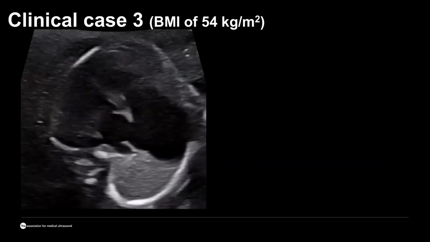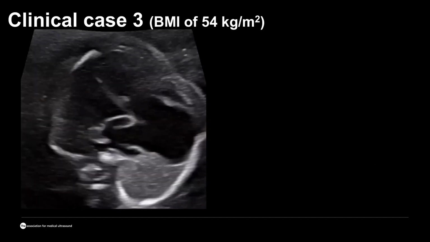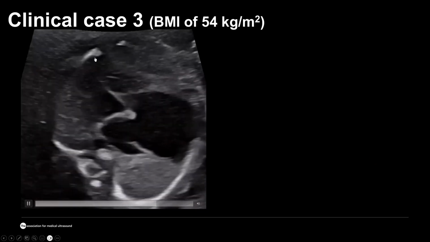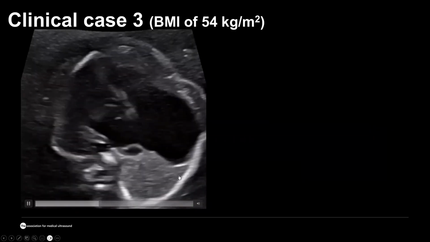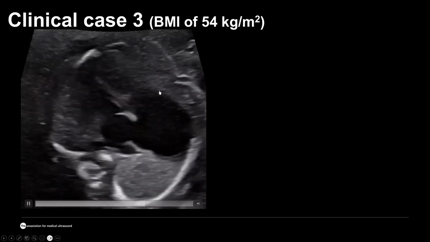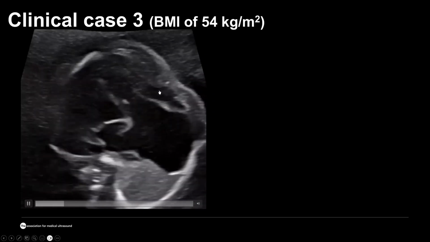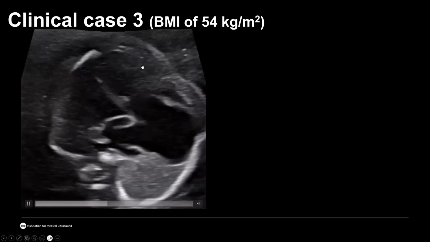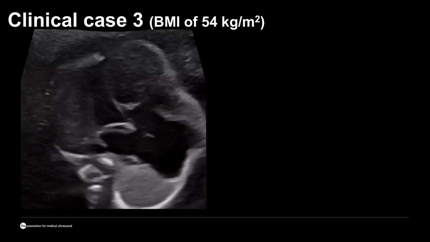So the other challenging situation, the BMI of the mom is 54. And you may say that, well, this is not that bad. So the image is really looking okay for this type of challenge. And at least it helps us, like shows us very vividly that this is a major cardiac anomaly.